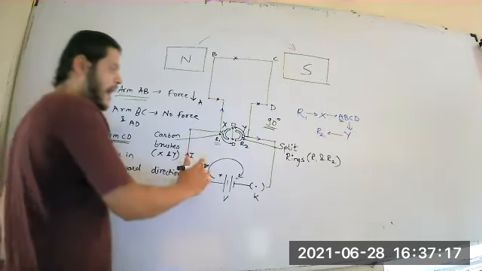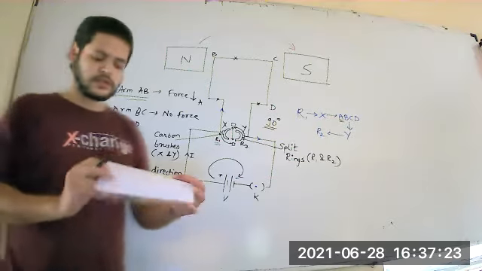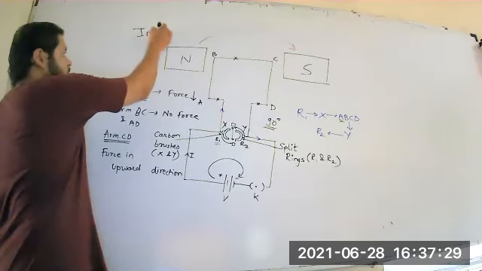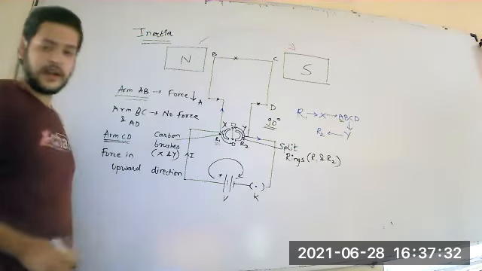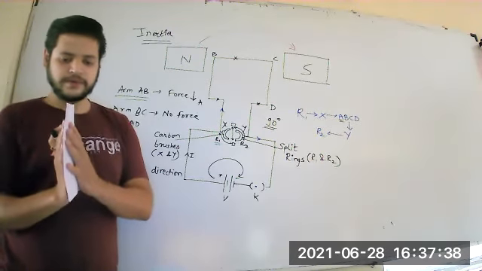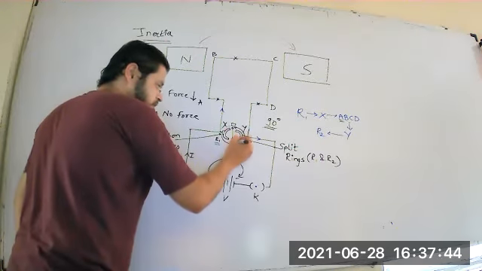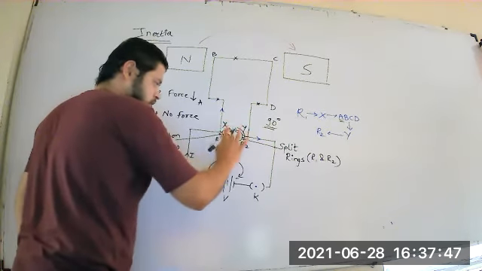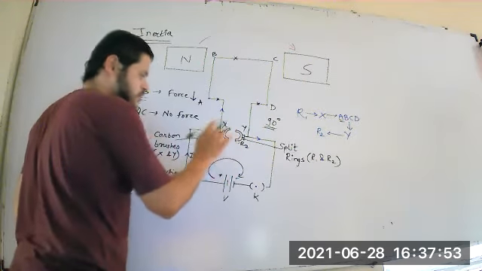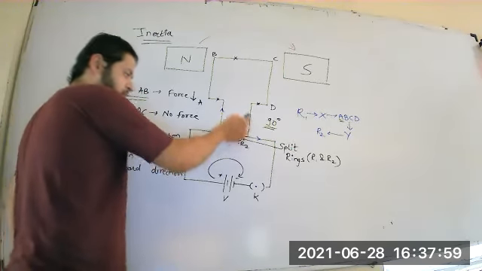Now ideally, as the current has stopped, the force should also stop, but because the coil is in motion it has its own inertia. We have studied inertia in our class 9. Because of that inertia, even though there is no current, the coil moves ahead and the brushes again come in contact with the coil when it crosses the 90 degree position. The split ring is used for this. After 90 degrees, this brush comes here.